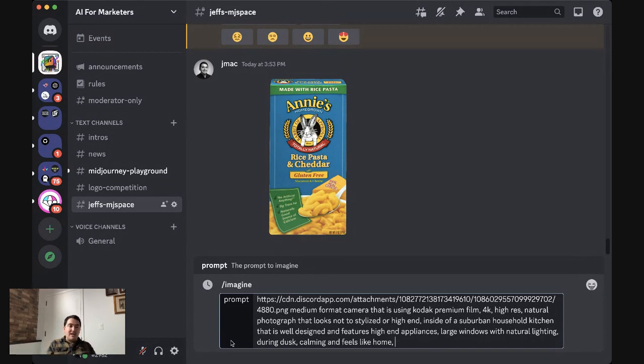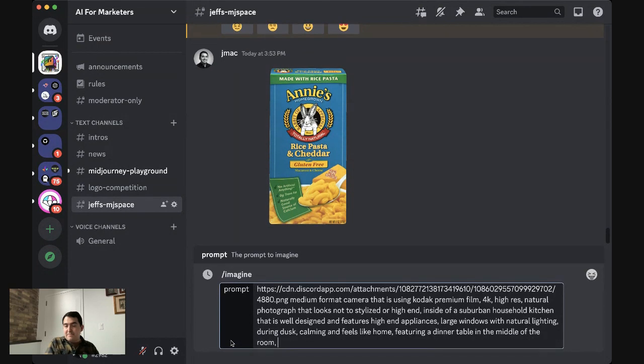And then lastly in comms, we've got the camera, artistic style, location, mood, and the last is going to be the subject. What do we want? We want a dinner table in the middle of the kitchen, in the middle of the room, with a large bowl of, what are these?